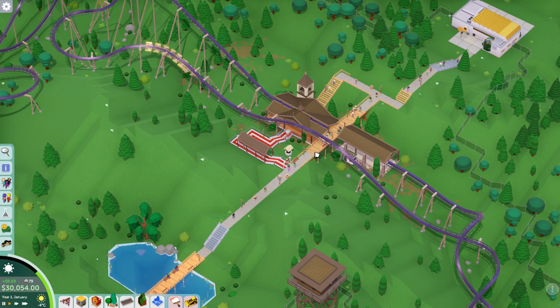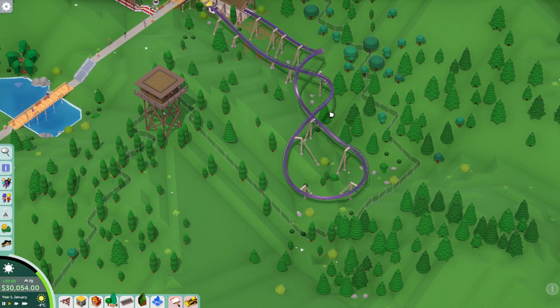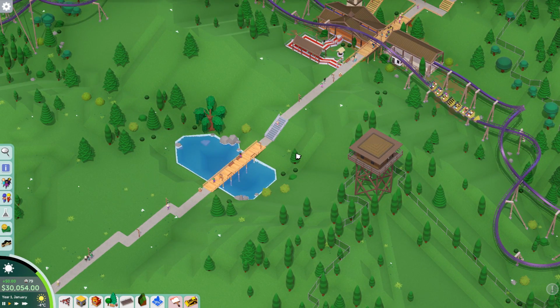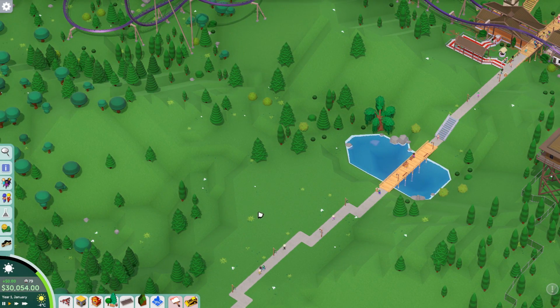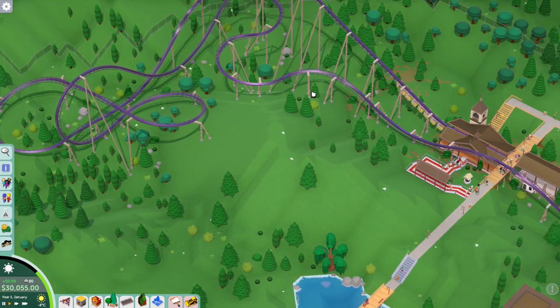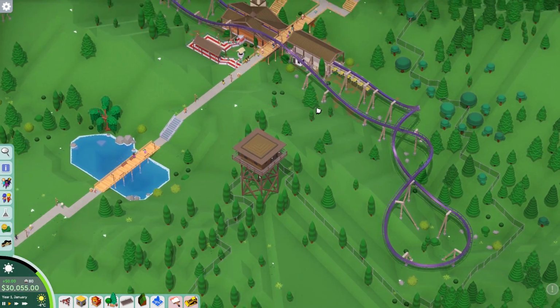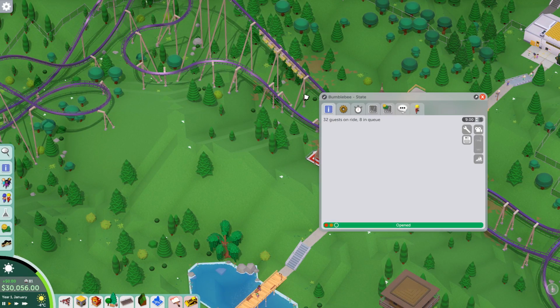We start off with some hilly land here. Really the idea behind this scenario was to try and get used to more difficult to work with terrain. So there are some small flat sections, especially around this area, where you can build some main area, but aside from that it's all very hilly. So yeah, the challenge here will mostly just be the terrain. And we start off with this coaster called Bumblebee,